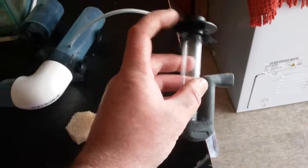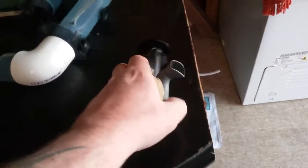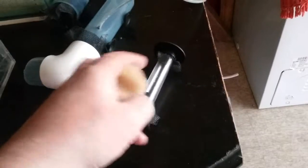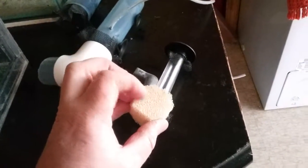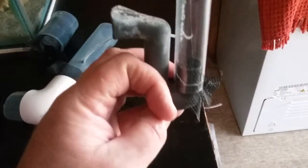So, personal tip, I use two bits of mesh. I mean, why not? Why wouldn't you? It's not very expensive. This goes in here. So basically, I haven't cut it out yet, but it's going to be cut out on a slight angle to fit in here. So basically the water goes in through there, eggs sit on the bottom like that,